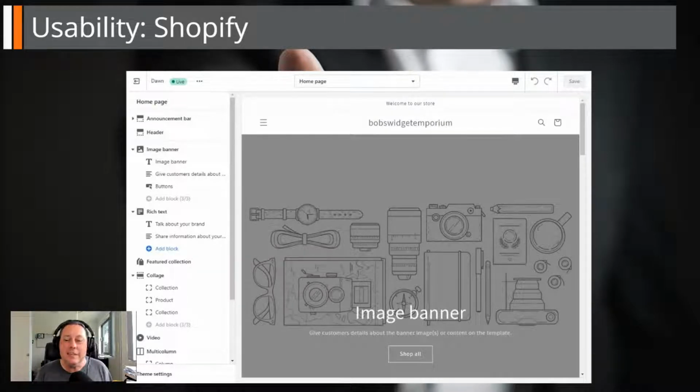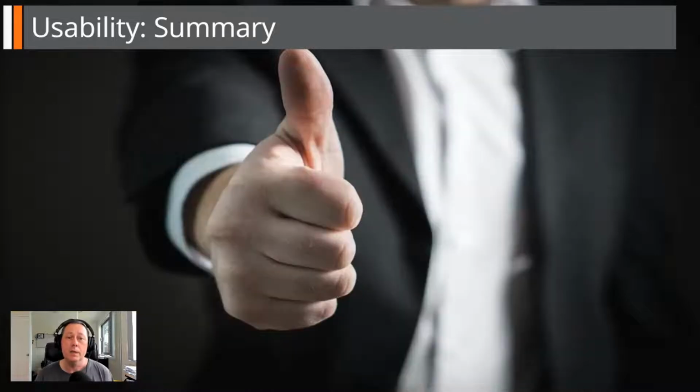The downside to this easy-to-use, polished interface is that you're kind of stuck with all the options that you have. There's no way to add, there's no way to remove, and there's no way to modify them. So Shopify here is a clear winner for usability for me, with its shiny, polished and consistent interface, both for the back end and front end of the online shop.